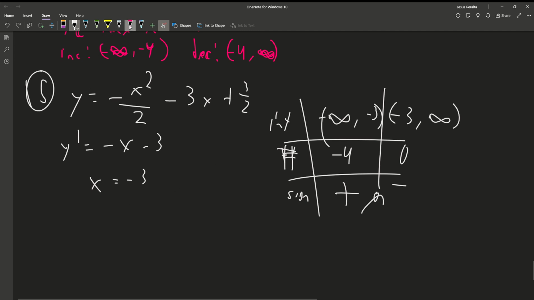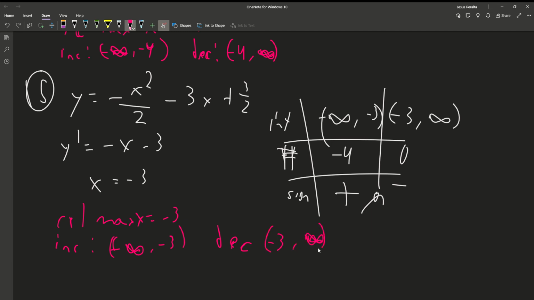So we have a relative max at x is equal to negative 3. It's increasing from negative infinity to negative 3. And then we have our decreasing interval from negative 3 to